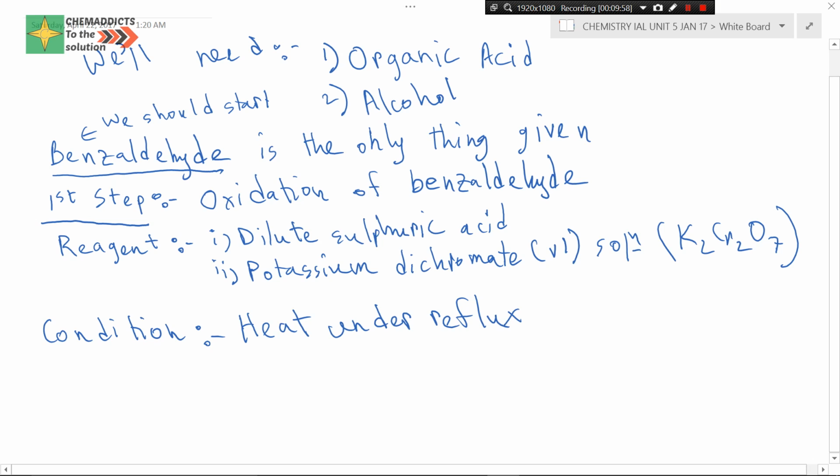Okay, so here we would also observe a color change, just like the oxidation of aldehyde. This reaction, oxidation of benzaldehyde, is the same as the oxidation of aldehyde that we have discussed and learned before. So the color change would be